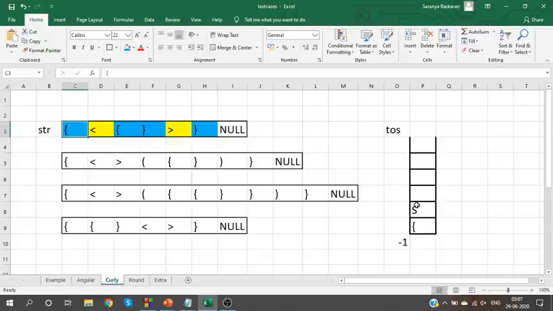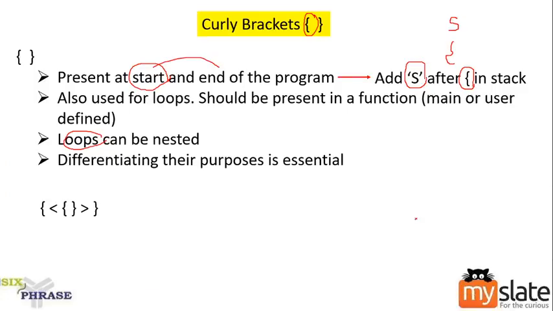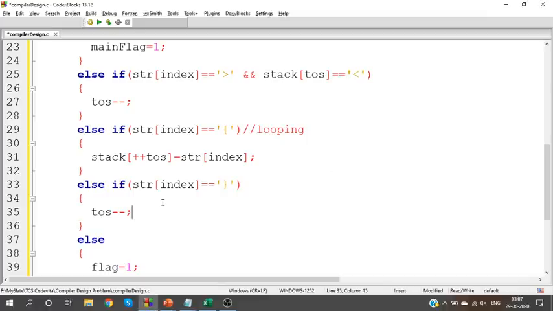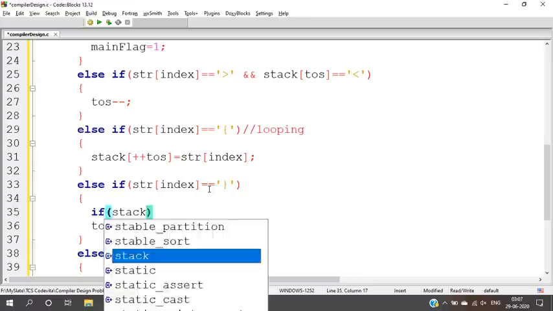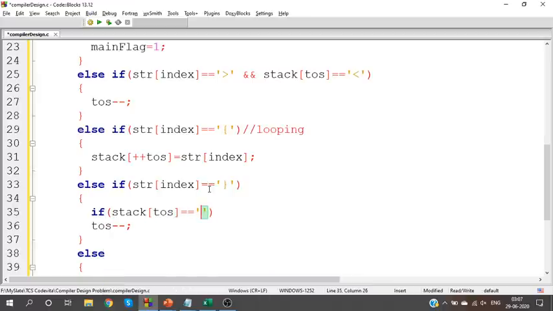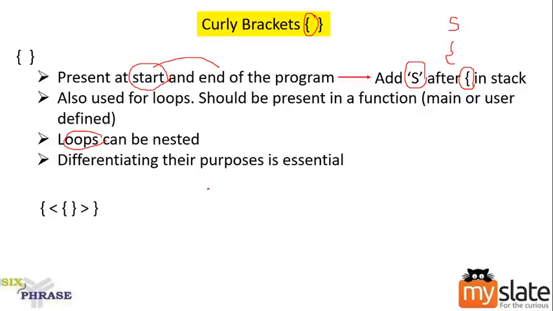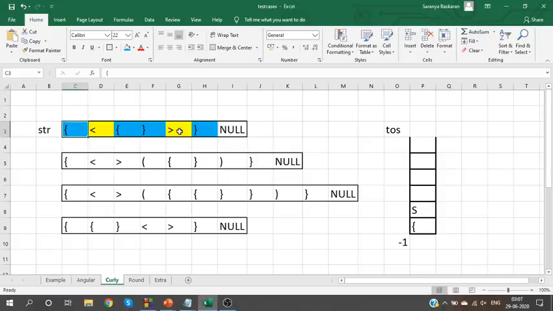So when you pop an element, you should not pop just one element. We are supposed to pop two elements. When I see a close bracket, there is a chance that my stack will contain "yes".